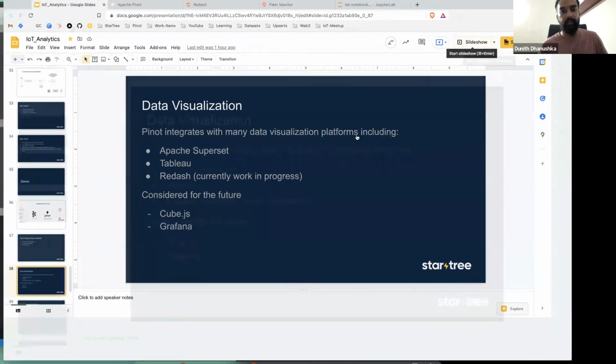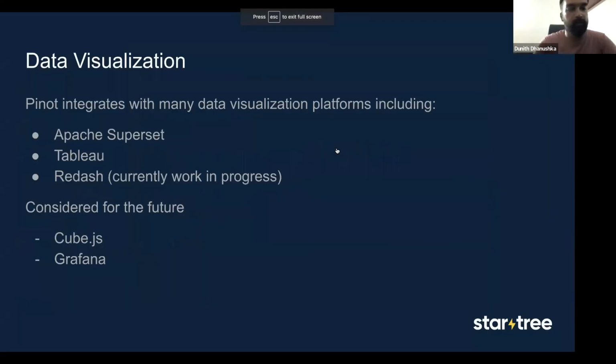That's about data visualization. So I'll make it quick since we are running out of time. When it comes to data visualization, Pinot integrates with many data visualization platforms, including Apache Superset, Tableau, and Redash. Actually, we are currently working on the Redash integration, and we will do the direct integration late this summer.